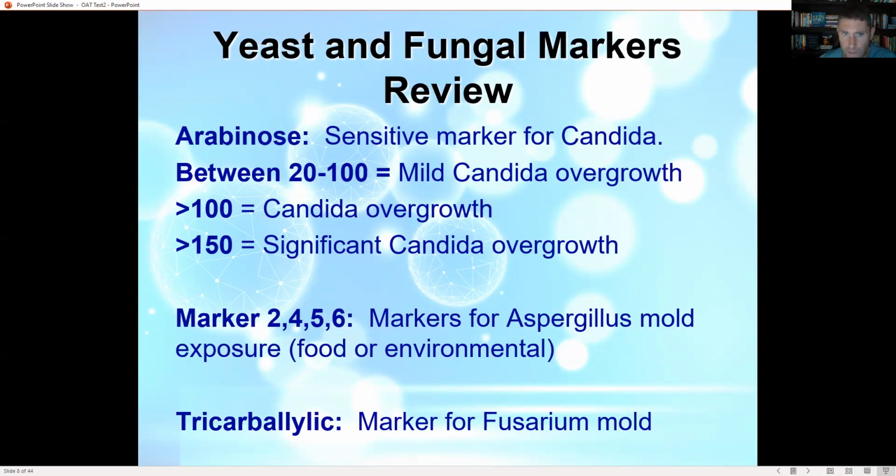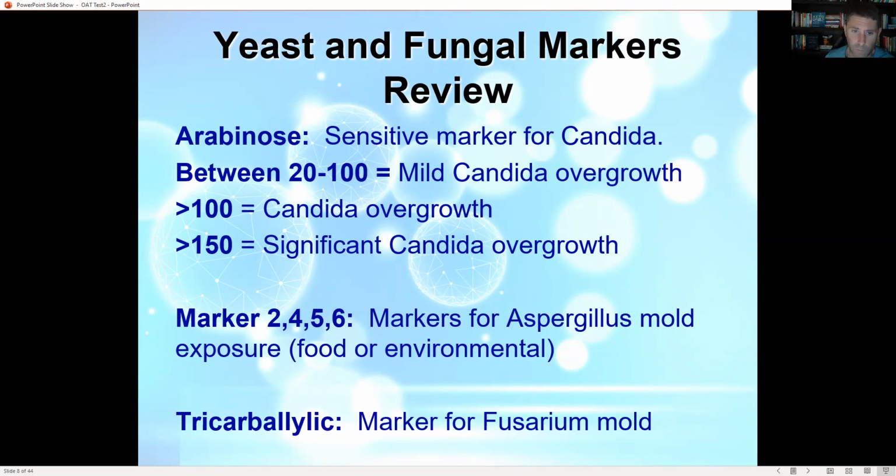We always have some Candida, and arabinose is a breakdown product of Candida's energy metabolism. So we always have some. You're not going to find 0. However, we want to keep that Candida in check, and when we keep it in check, we see that number low. If it's between 20 and 100, it's mild Candida overgrowth. If it's over 100, it's pretty significant. Well, it's certainly marked for Candida overgrowth, and over 150, it's significant Candida overgrowth in the body, and Candida can